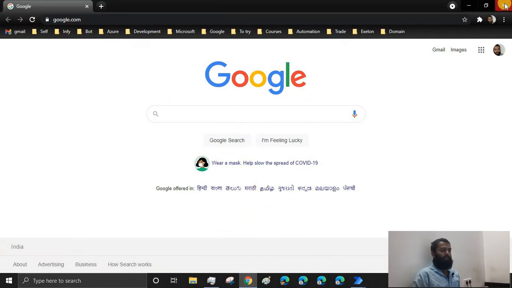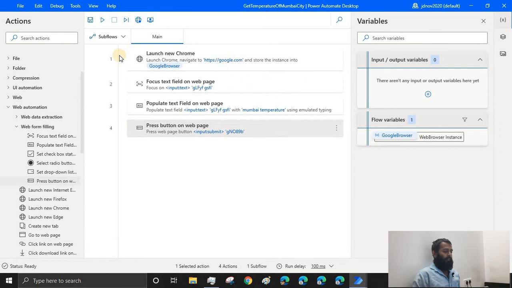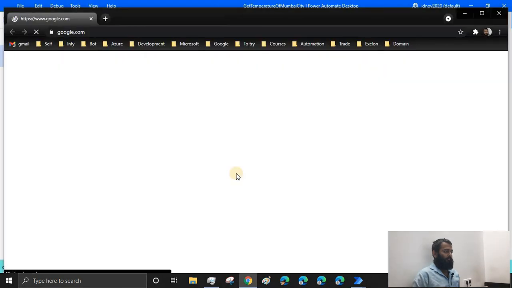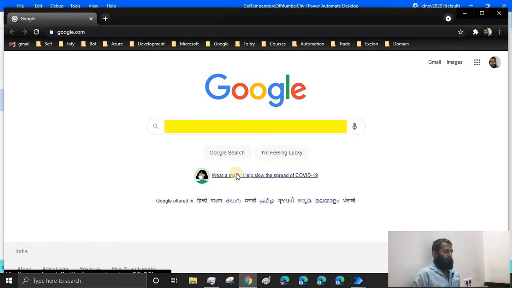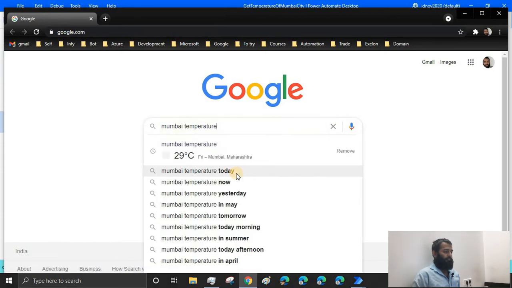Okay, before that, let's run this and make sure that what we have done so far is working fine. It opens a Chrome browser, and Mumbai temperature is typed. Now the problem is, once it has typed Mumbai temperature, it is not able to find the element because the element is in the background of this list.